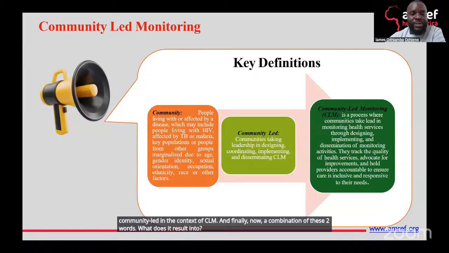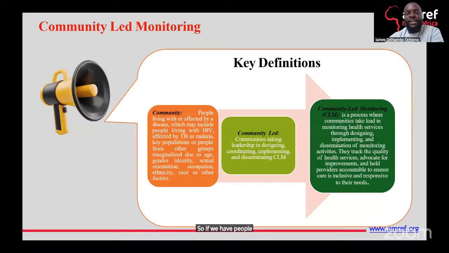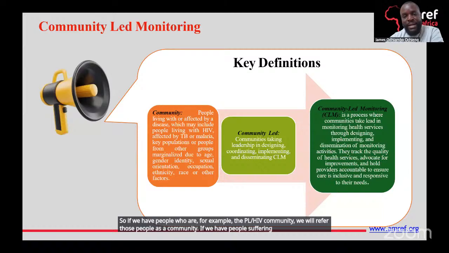In terms of community, we are referring to people living with or affected by diseases. For example, people living with HIV, we refer to as a community. People suffering from cancer, that group we can call a community.